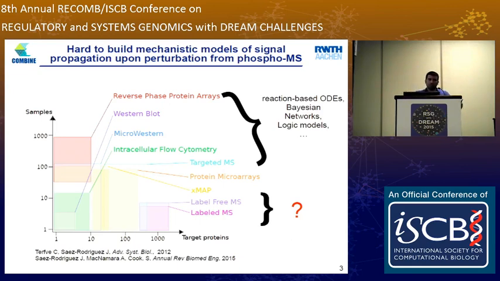You can apply different statistical tools, clustering, enrichments, and so forth. You can map this data onto protein networks, but if you really want to model the dynamic functioning of signaling networks and how they respond to perturbations, there are really not many methods out there, and that's what we try to address in this study: to develop a method to build dynamic models from phosphoproteomic data obtained with mass spectrometry.